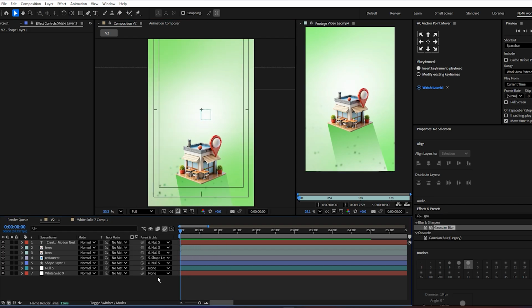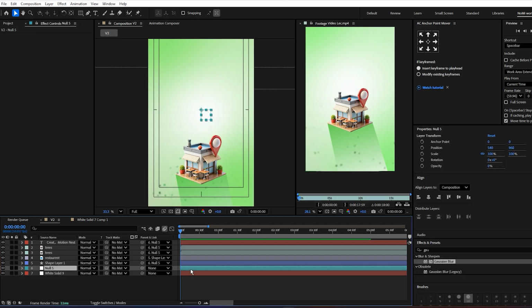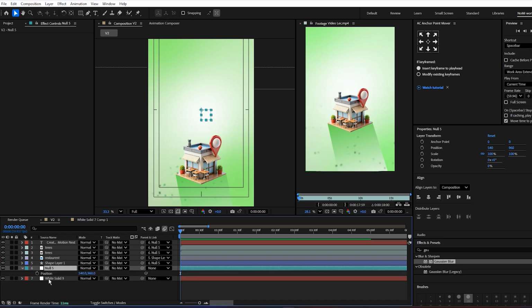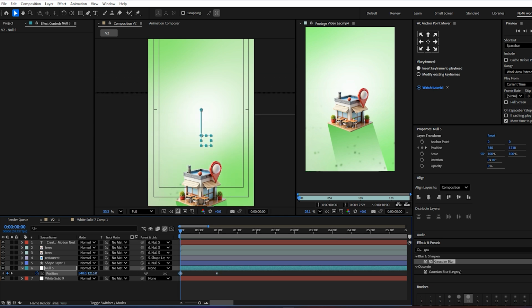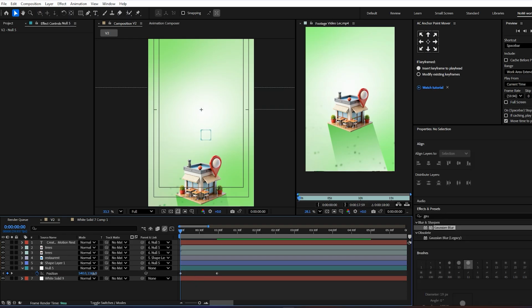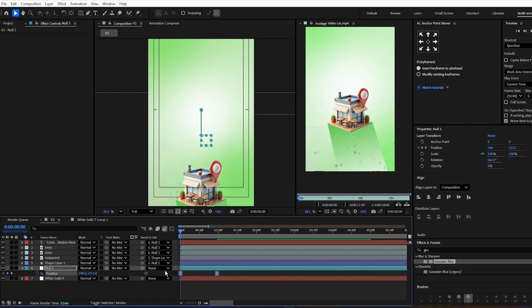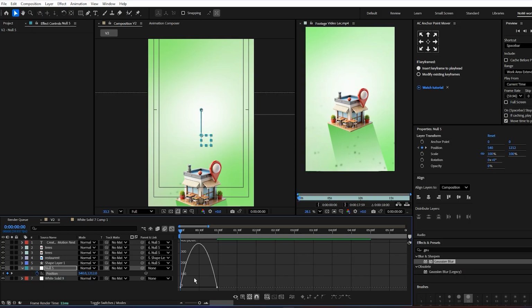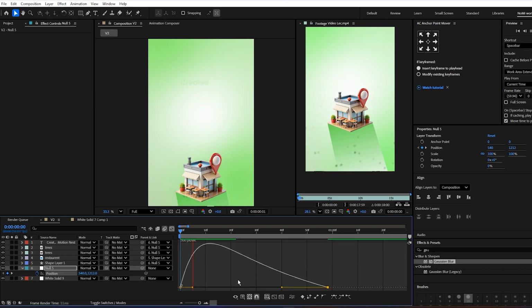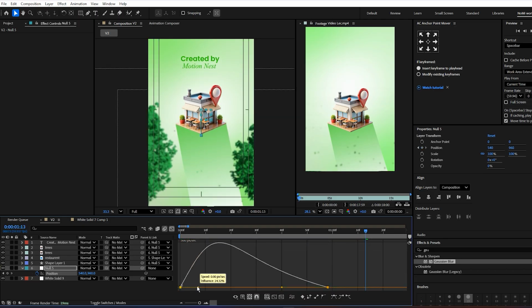For sure. Now why we parent this with the null? The thing is simply on a null option I just play with the position bit. Remember, this is the final position at the 1 second mark. This is the starting position at this point. I just want to keyframe it, press F9 here, and same like which we did before, select this one at here, select this one, and just like that. Place here like,